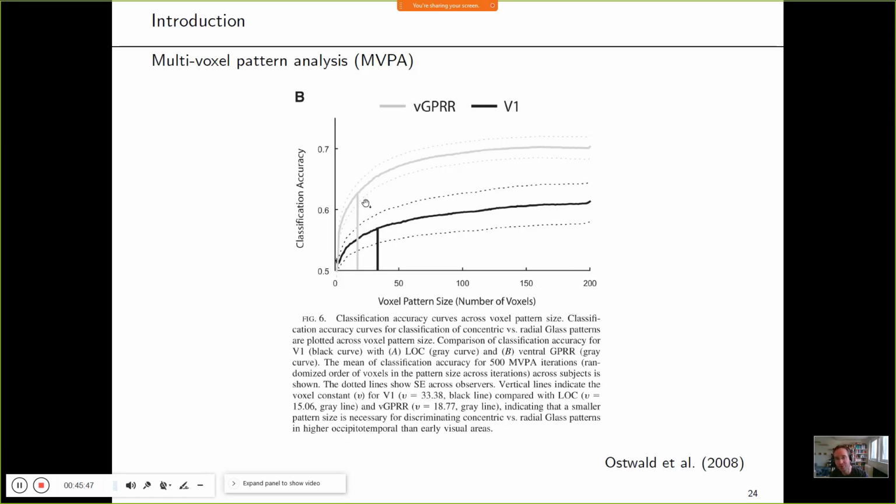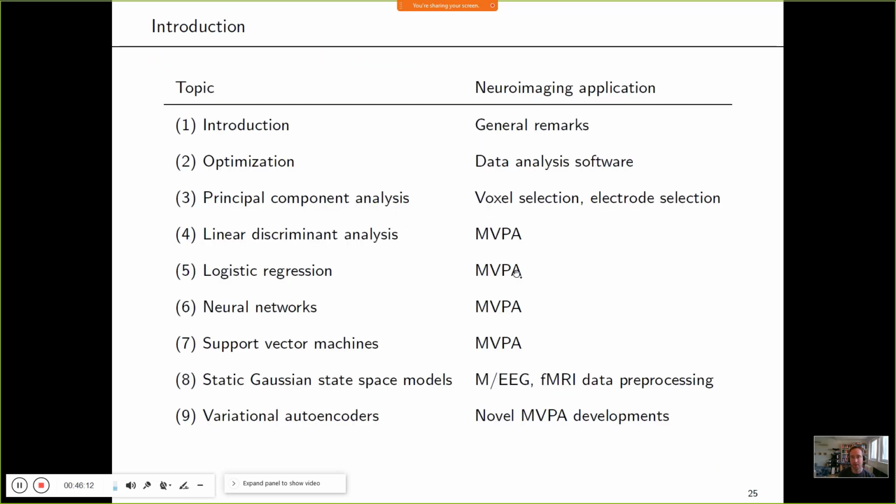And here I proposed to basically talk about how many voxels you need to achieve a certain difference in classification accuracy, and that was lower in the higher visual areas than in V1, so that the neural code converges on fewer cells or fewer voxels in higher visual areas. Yeah, so that was my stuff